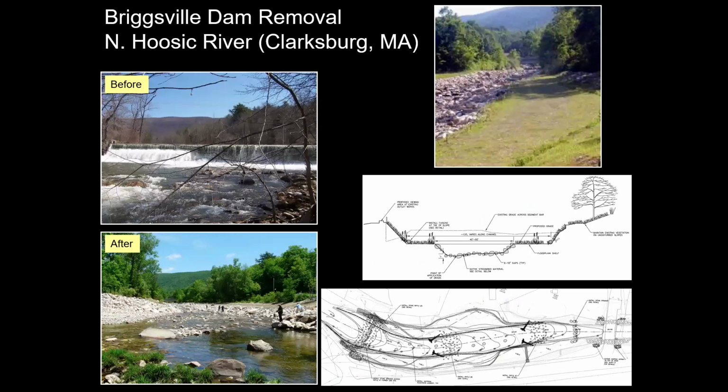Now let's take that idea of hydraulic modeling to an example in Massachusetts. I might get myself in trouble here now because some of you might have been working on this project, but this was a dam removal that occurred in 2010. Keep in mind the flood of record, I believe, for this river was Tropical Storm Irene 1 year later in 2011. With the dam removal, they did do a sort of natural channel design project. They excavated a channel through the impoundment sediments. They did create a small floodplain to sort of dissipate some of the floodwaters.